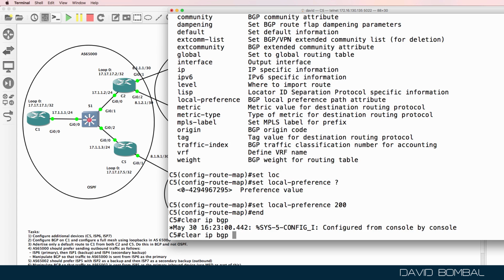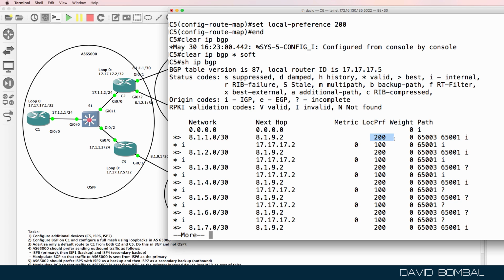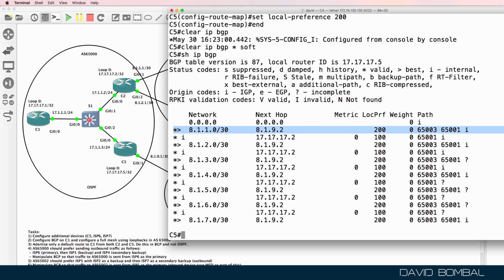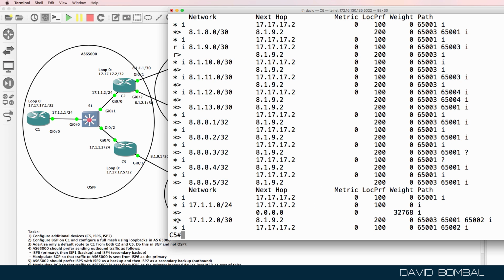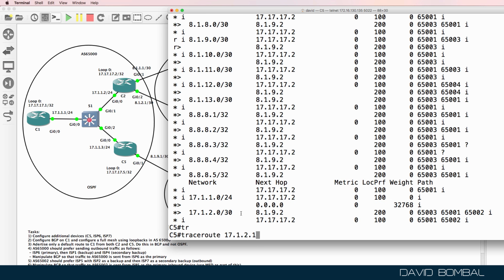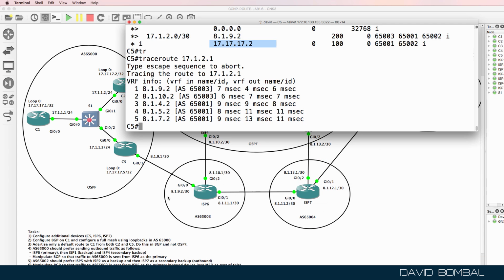So clear iBGP star soft, show iBGP. Notice now the local preference is set to 200 for routes learnt from this neighbor. We have a local preference of 200 as well as 100. Notice now that this is the best route. So if we look at the full table, notice for traffic sent to 17.120, we're going to forward the traffic directly onto the internet and not send it to customer router 2. So that is forwarded directly to 8192 and then to 8110.2,